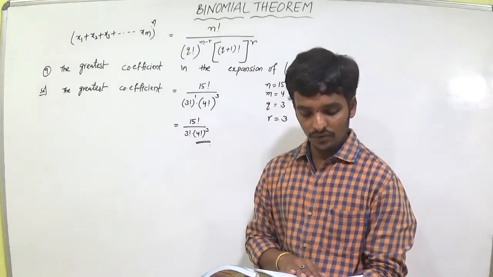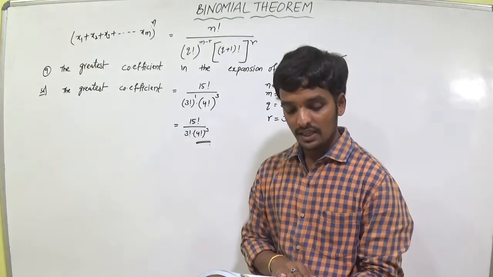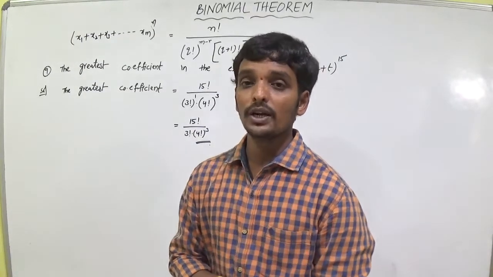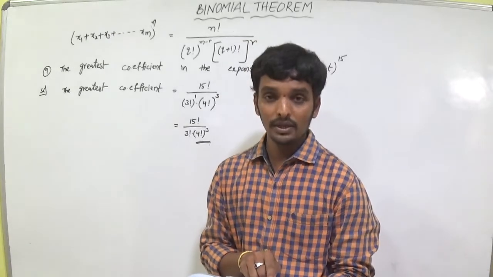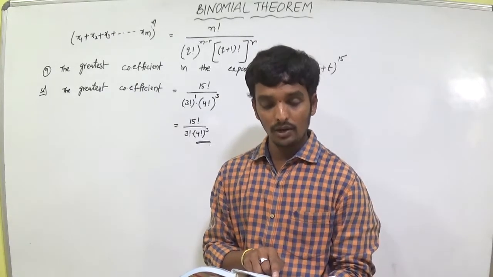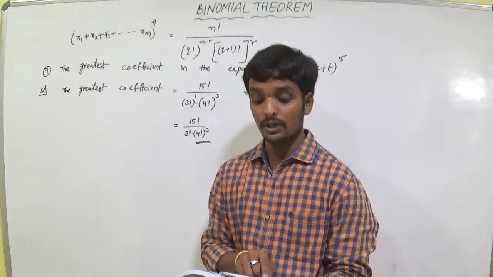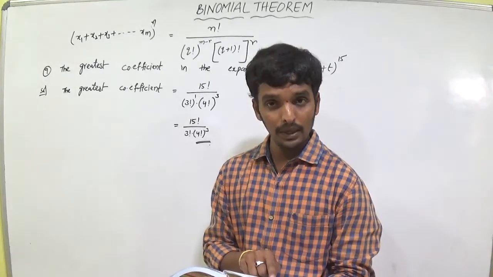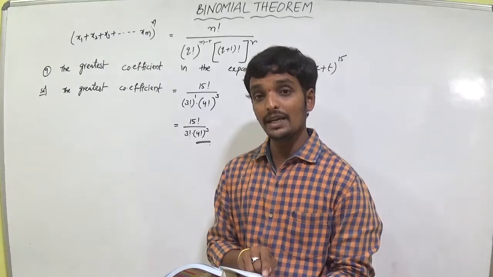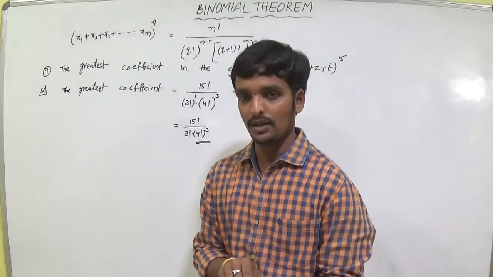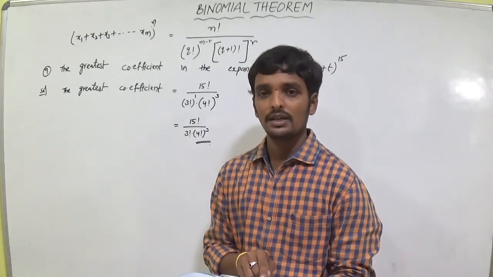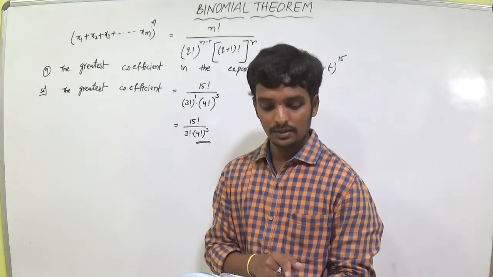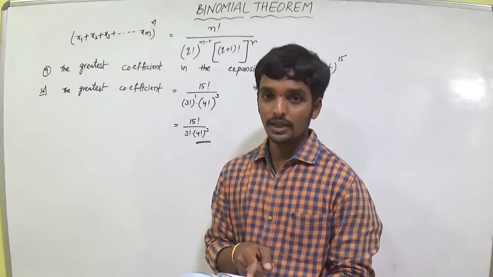The coefficient of a cube b power 4 c in the expansion of (1 + a - b + c) whole to the power of 9. Don't get confused. There is a negative term here, minus b. So we have to take the negative values also. When we are writing sigma, we are writing 1 power p, a power q, (minus b) power r, c power s. Take it like that, and don't forget the minus. So do the 9th question and the 10th question also as homework.